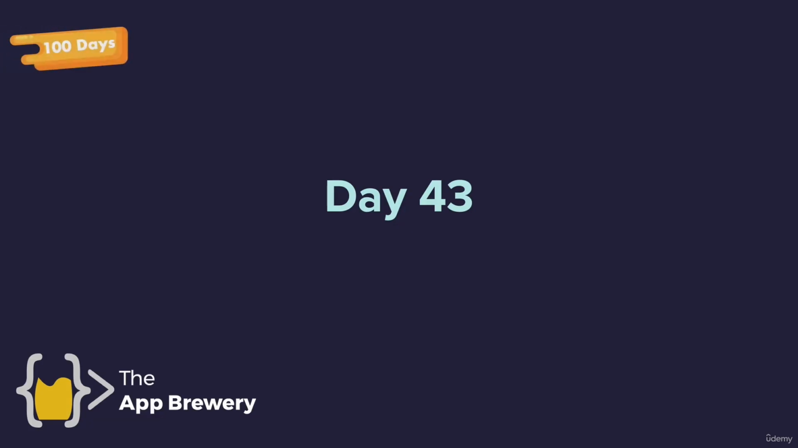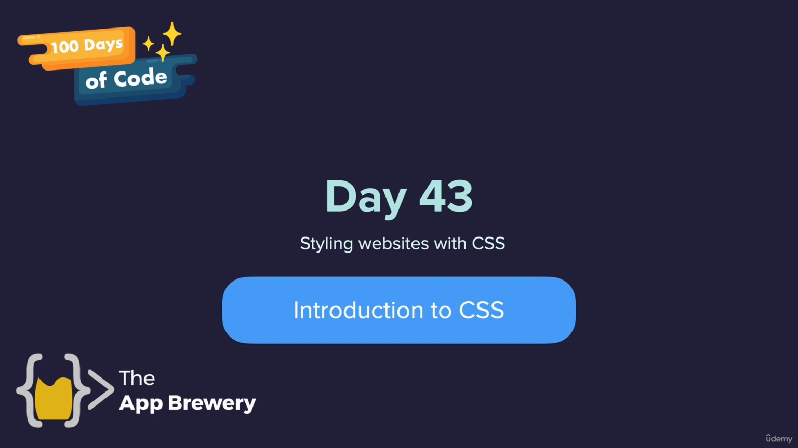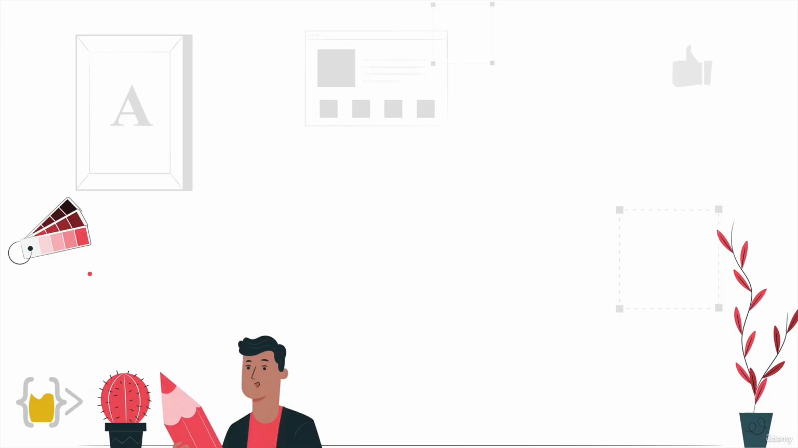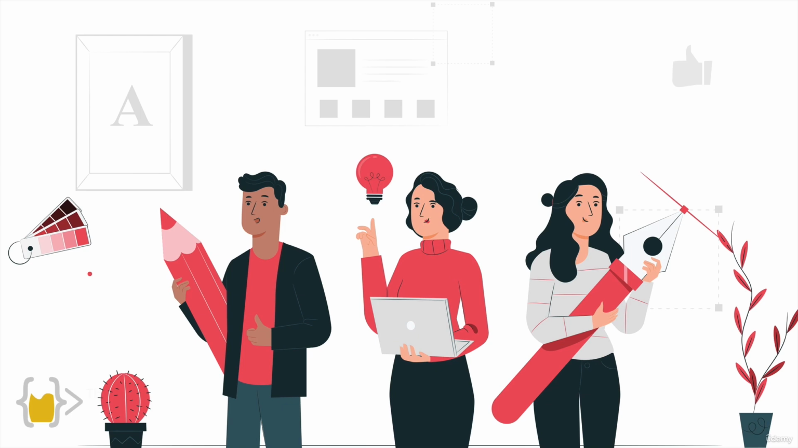Welcome to day 43 of 100 Days of Code. Today we're going to be learning how to style our website with CSS. And this is going to form your introduction to the CSS design language. This is going to finally allow us to add some color, add some styling, and make our websites look good